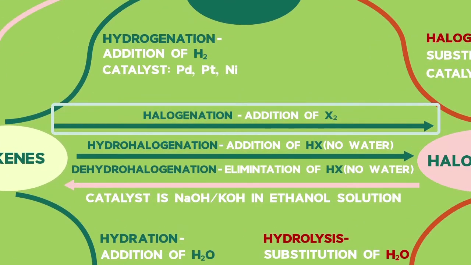The second type of addition reaction is the addition of a halogen such as bromine water, chlorine gas, fluorine, or iodine. The special name for this reaction is halogenation. Sometimes the word bromination is used for the addition of bromine, or chlorination for the addition of chlorine,